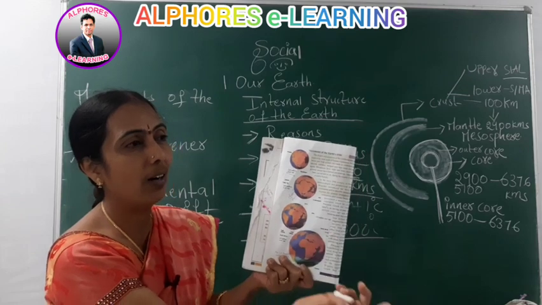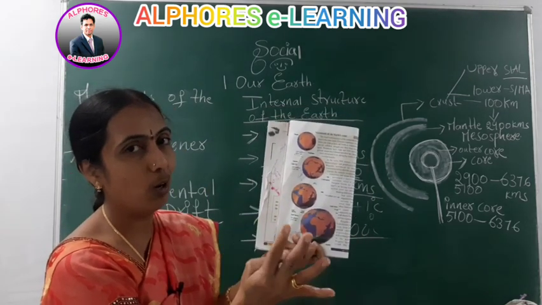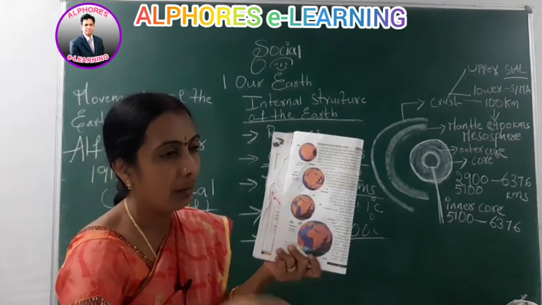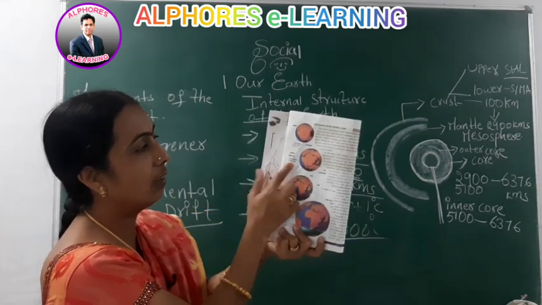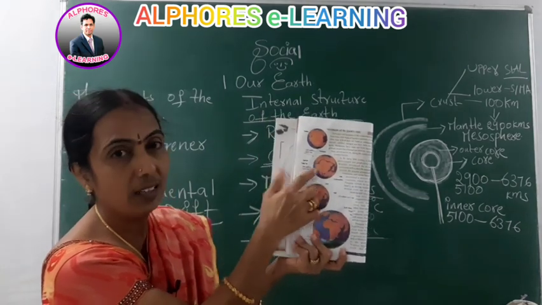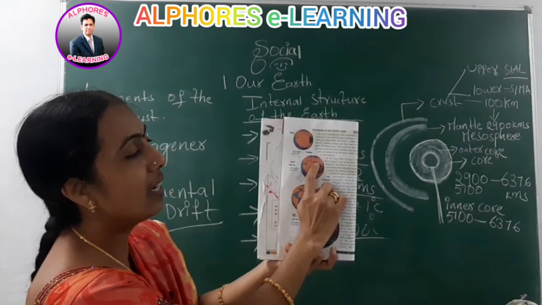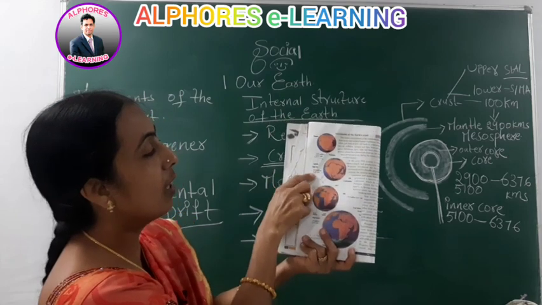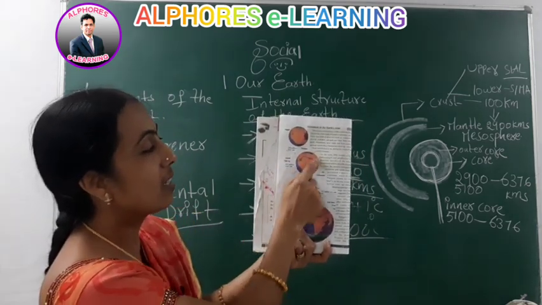Pangea is a Greek word, and the meaning of the word is whole world, whole landmass. Then afterwards, some vibrations, some internal disturbances took place in the interior part of the earth, and the second map shows how the changes occurred in the crust. If you look here, one pink color line is given. Alfred Wegener explained to us that 200 million years ago, this earth crust